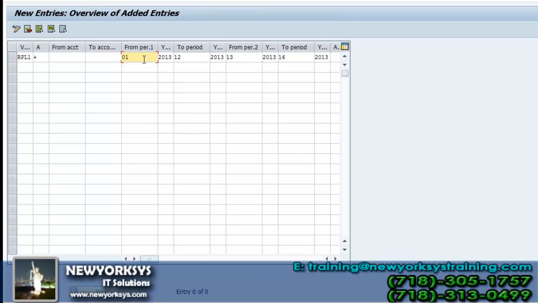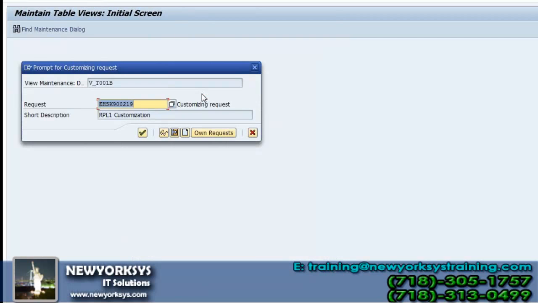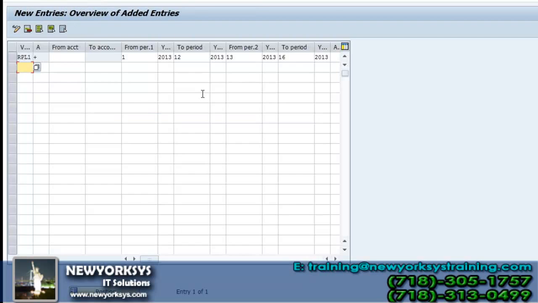So I'm using this open one. In the coming days I'll tell you how to filter this also. Actually 01 to 01 is a real-time scenario. 1 to 12 is a training scenario. Generally we give 1 to 12 and open all the periods. But in a business implementation scenario, every month we open it: 01 to 01, 02 to 02, 03 to 03, like that.